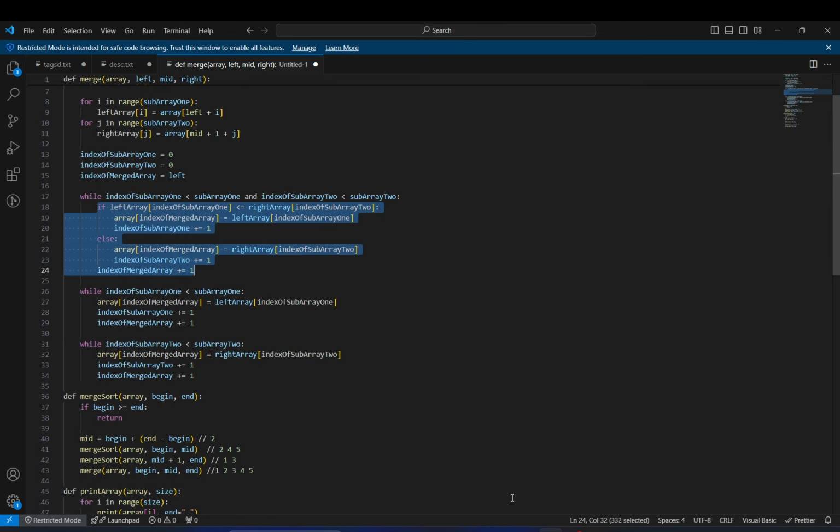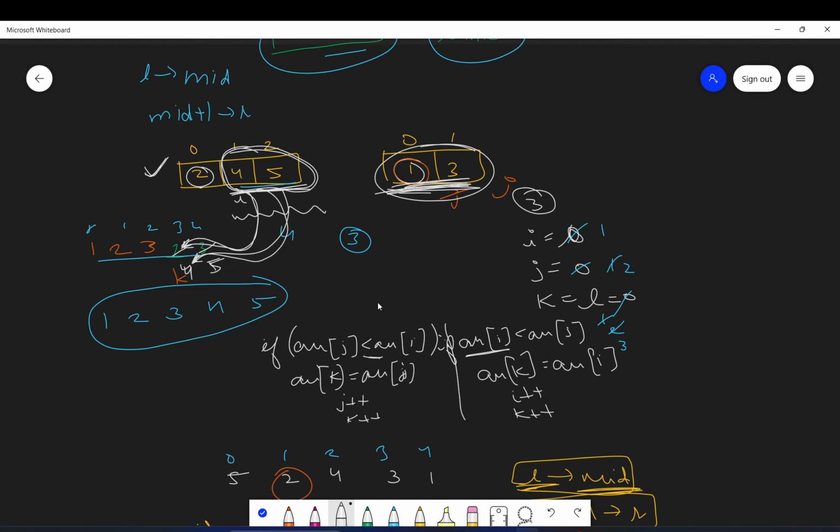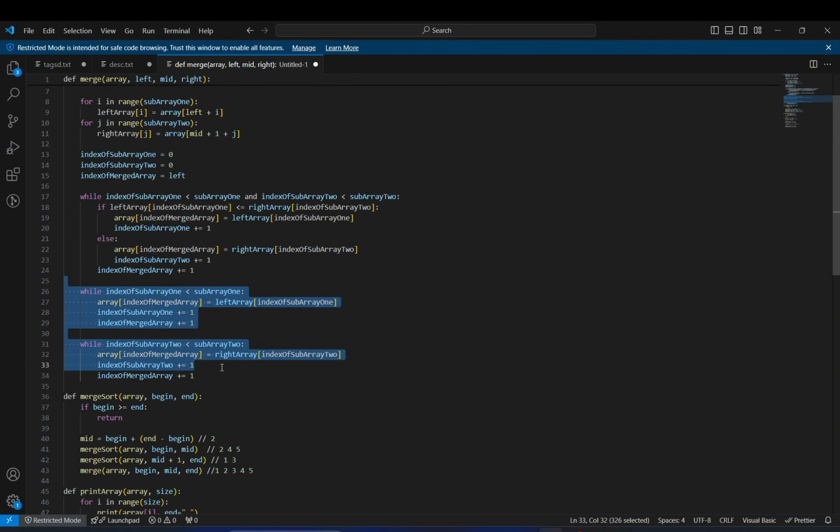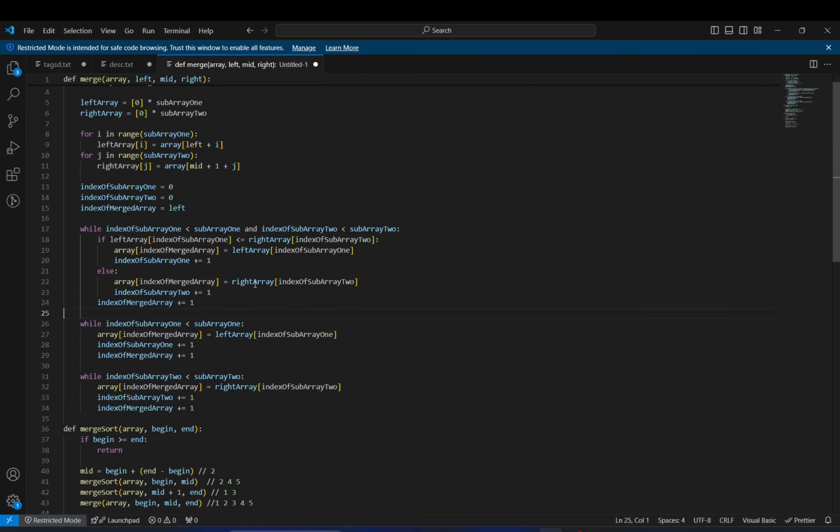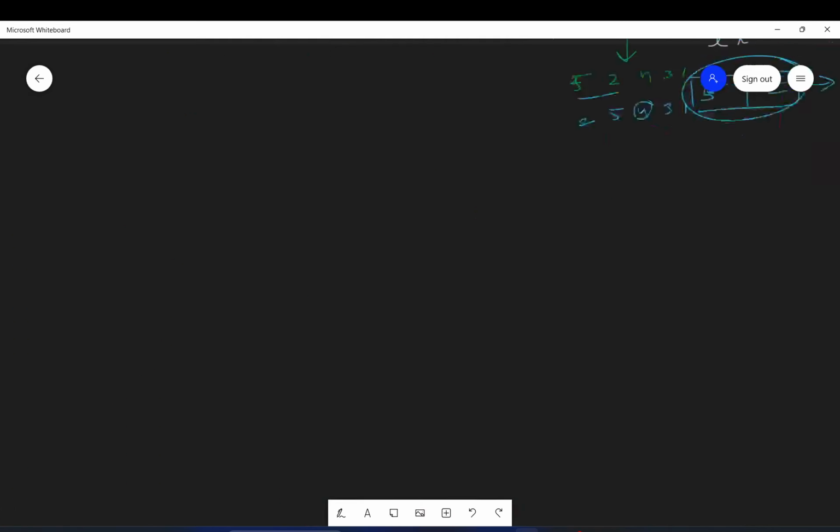And if you remember, after a while j was finished, so we copied the elements which are left in the first subarray as they are. These two while loops are for that. If elements are left in the first subarray, just directly copy them into the final array. Or if elements are left in the second subarray and the first is finished, then simply copy the second subarray's elements into the final array. Okay, I hope you understood the logic and the code. I would highly recommend you dry run it yourself, otherwise it won't be clear.